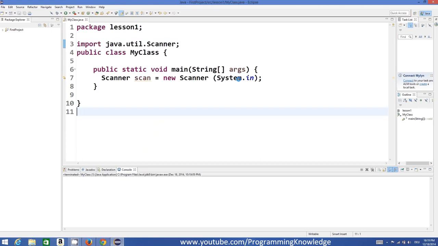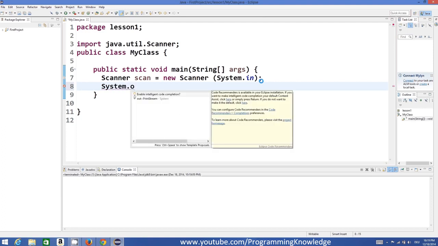Okay, now to show what input the user has given, you can tell the user something. So we will write System.out.println, and in the brackets we can ask the user to enter some number. Okay, and then